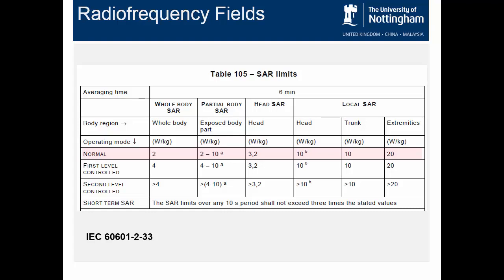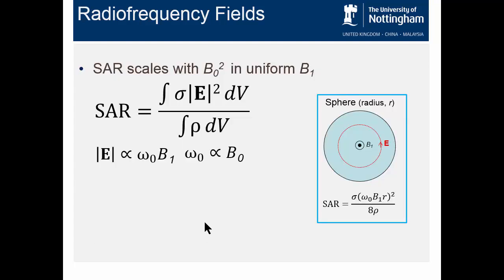This power per unit weight is usually the limit that is used, and so, for example, we could focus on a whole body limit of 2 watts per kilogram. So the issue in going to high magnetic field is that the specific absorption rate, this deposition of energy in